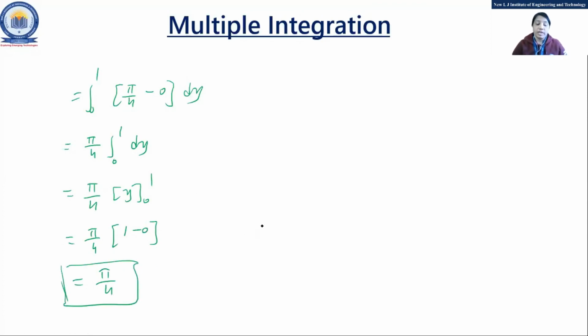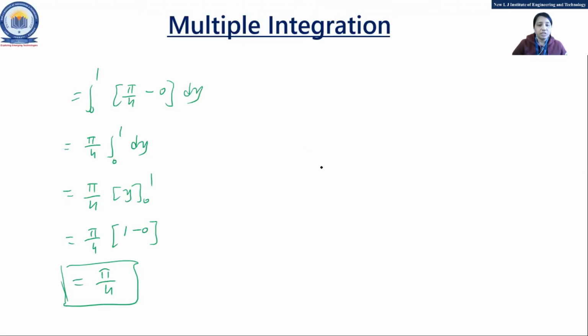So in this way you can evaluate the limit, right? The main thing you need to remember is, if all four limits are constant, you can do integration with respect to anything. If the inner limit depends upon x, then you have to go for integration with respect to y, otherwise in the normal way. Fine. So this is about the two methods of how we find double integration, right?